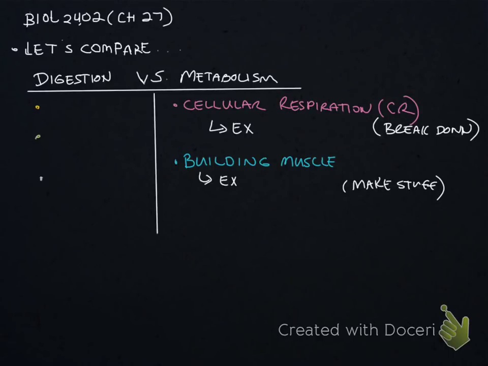This is the notes recording for chapter 27. So let's begin by comparing digestion and metabolism. With digestion, we see three main mechanisms, like